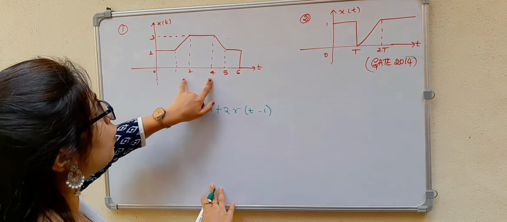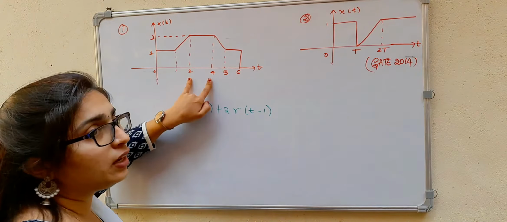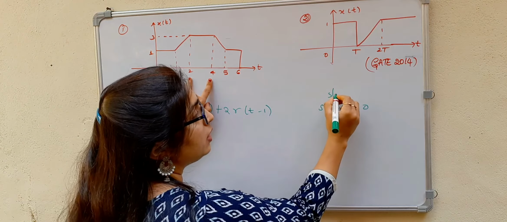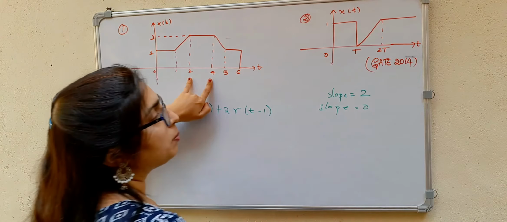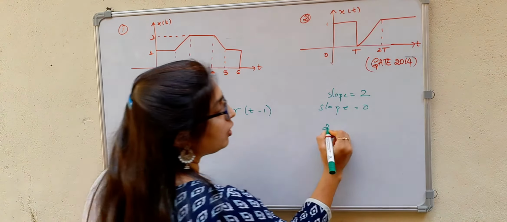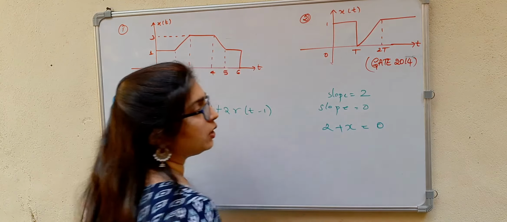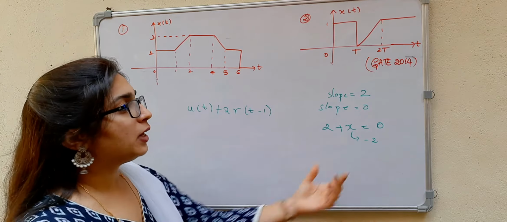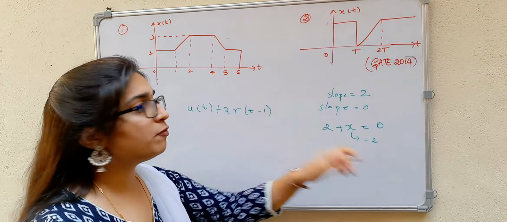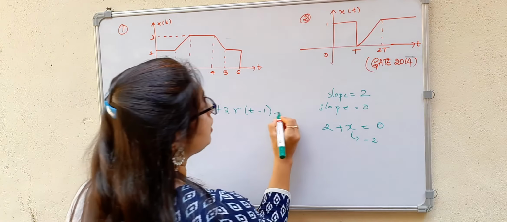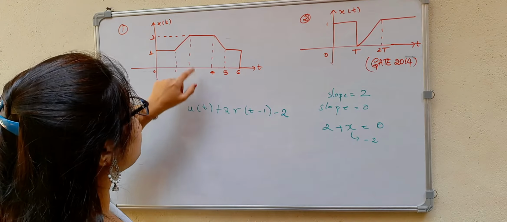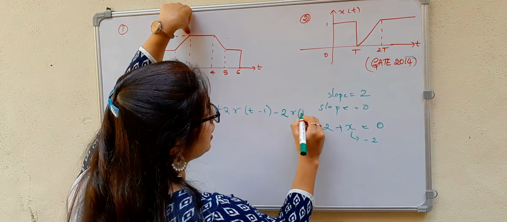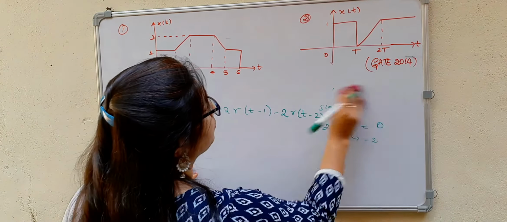So from 2 to 4, you are going to get a horizontal line. That means you have a slope 0 now. Earlier the slope was equal to 2, but now you are getting 0. So what do you have to add to get 0? You are going to add minus 2. That means now I have to add a ramp which is having the negative slope. At 2 it's becoming horizontal, right? That means it will be starting at t minus 2.